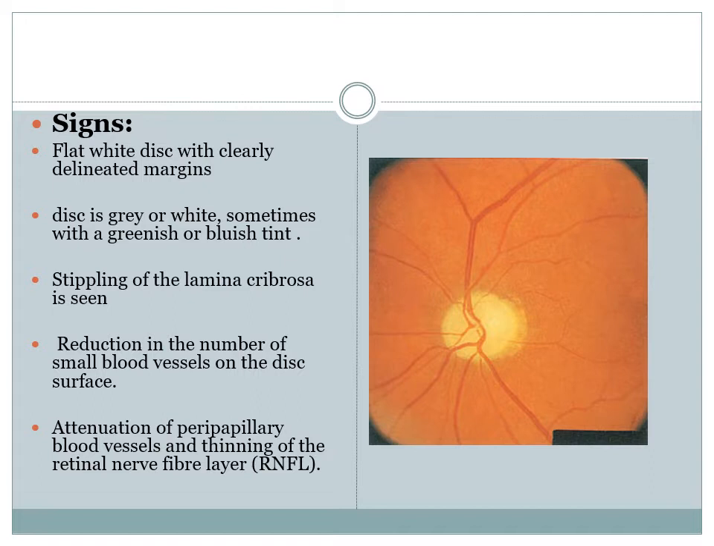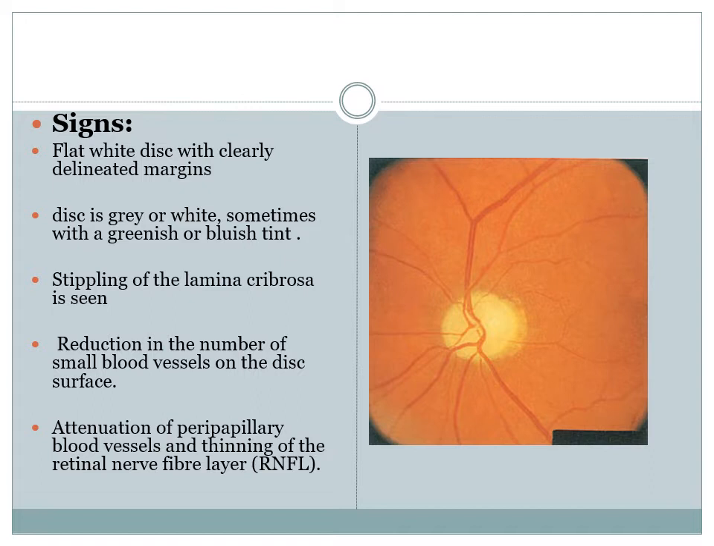Margins will be sharp, in contrast to secondary optic atrophy, where there will be blurred margins, because in that case the disc is affected by papilledema or papillitis. Here nothing has happened, so margins are sharp, clearly delineated. How is the color? White, or it can sometimes be greenish or bluish. So, a white disc, chalky white